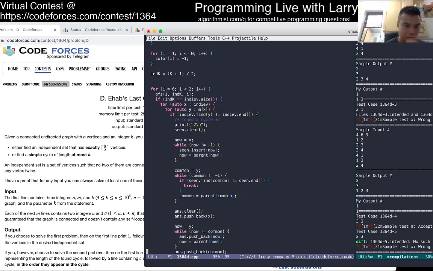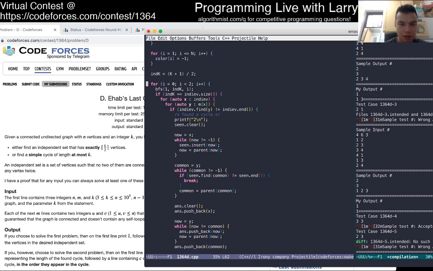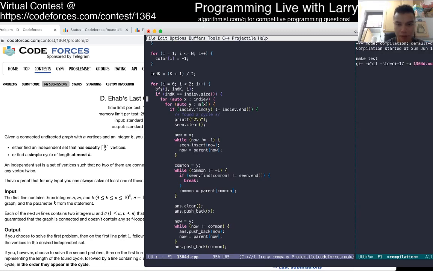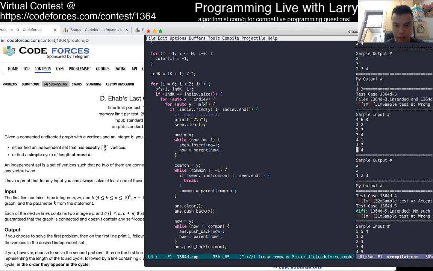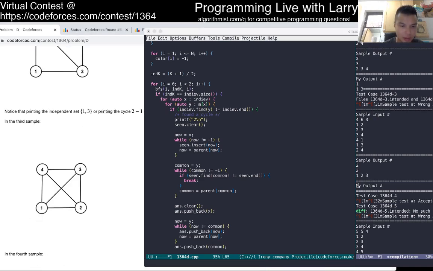I think this is true because of maybe pigeonhole. Let's see. Nope, it just doesn't print anything for this case. Which one, the graph, or is it here? The third example, 1. Oh, everything is 1 away and everything is 2 away. Well, nothing is 2 away, so it doesn't create 1 there either. How do I handle this case?